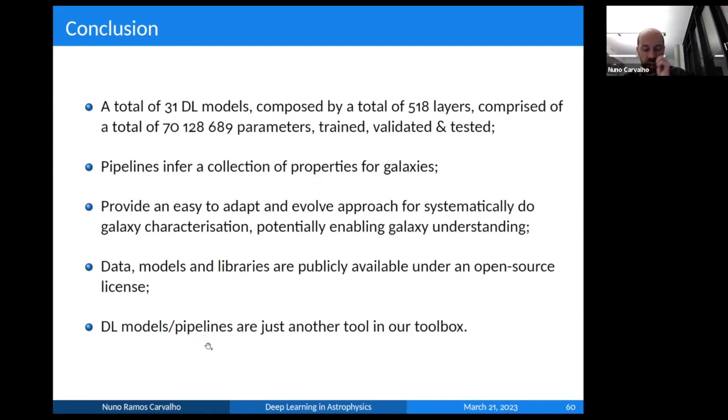My last comment to conclude is that, as you have probably noticed, I used the sentence "this is very interesting, there's a hint here, there's something going on." Usually we don't think of these models or pipelines as the end of the research. The models and their outputs are just another tool in your toolbox. Probably your research needs more on top of this. So